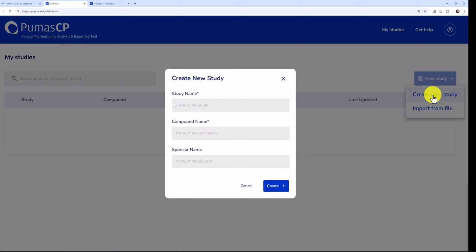If I click on create new study, you will find a small window opened up, and in this window you have to enter the study name. So I'm going to enter, for example, study 001, and let us say the compound name is COM001, and let us say the sponsor is Pumas AI. I've entered some basic information. This information is propagated into the report that is generated towards the end, which we will talk about. Once this basic information is included, click on create,